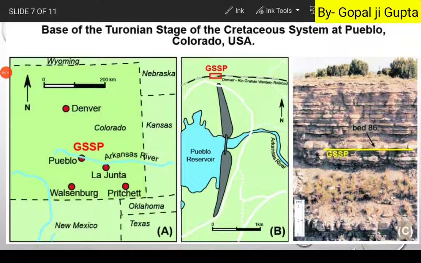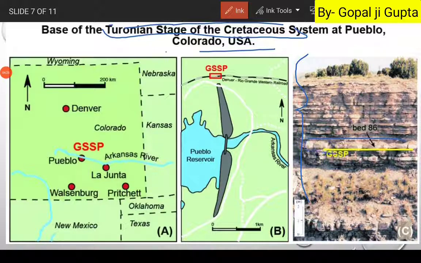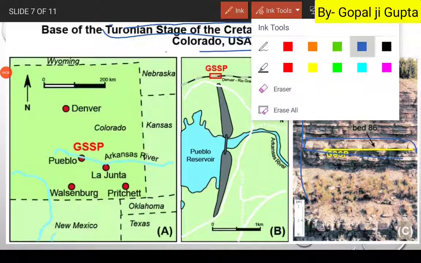Like this, we have an example from Colorado, USA, and this is the base of the Turonian stage of the Cretaceous system. What you can see here is a geological section, and here is a layer, let me change the color, this is red.